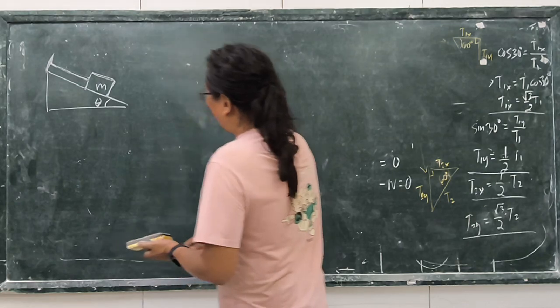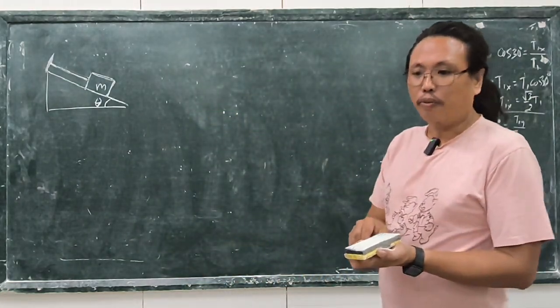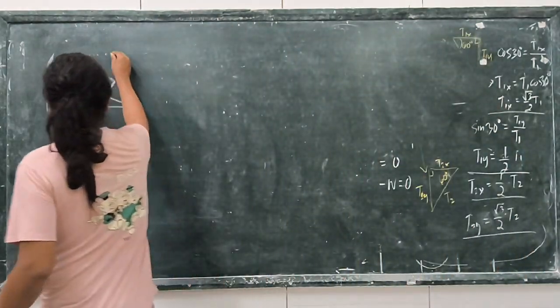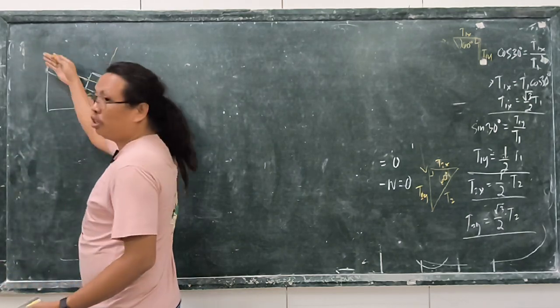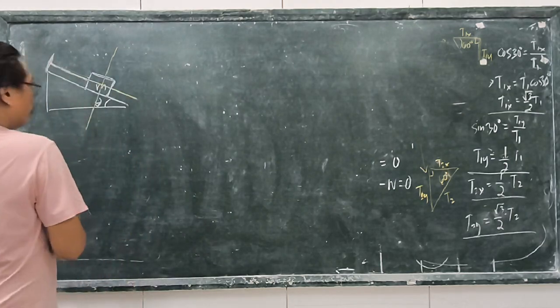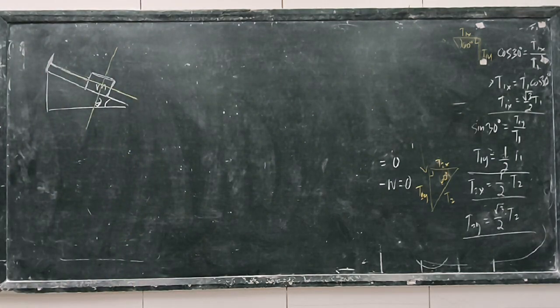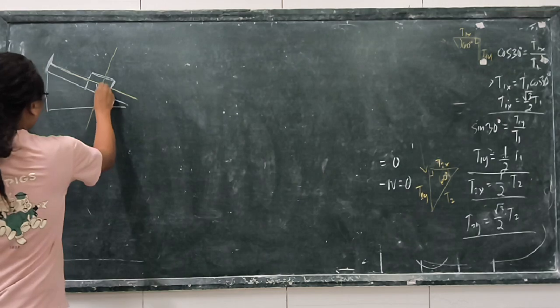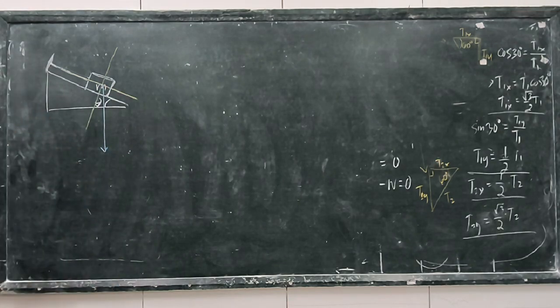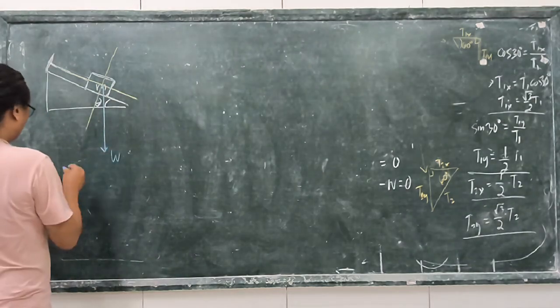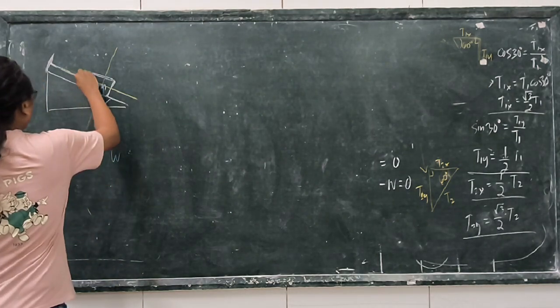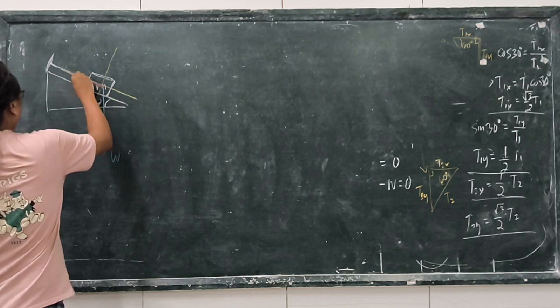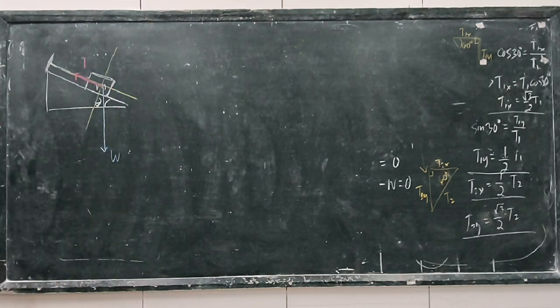Okay? So, again, this is easy to calculate. This is much easier than the first one. So, let's draw a free body diagram. What we want to find is the tension on the string. So, from that, let's identify the forces again. You have the weight, right? You have the weight, and you have tension. On this direction, you have the tension. Now, we will not label T1, T2 because there is only one string, so we'll just use T.